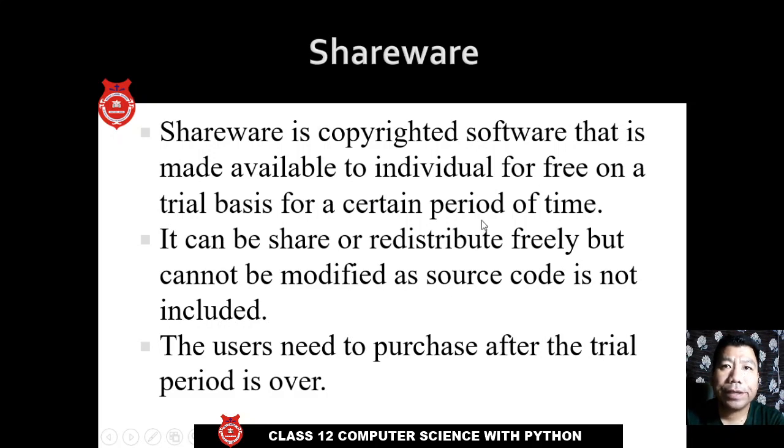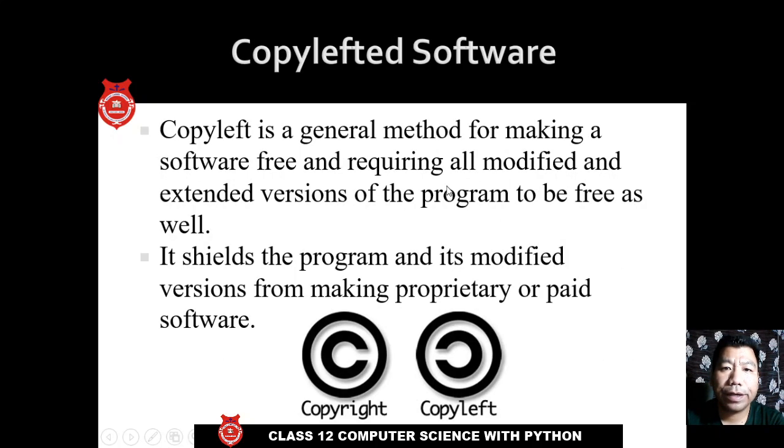For example, this is very popular in games. They release the games to whoever wants to play. So we can play those games for 30 days or something like that. It is a trial period to advertise their games. After that period, the games cannot be played, and we need to purchase them. Alright, that type of software is known as shareware.